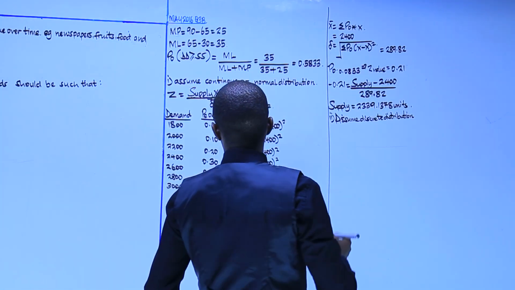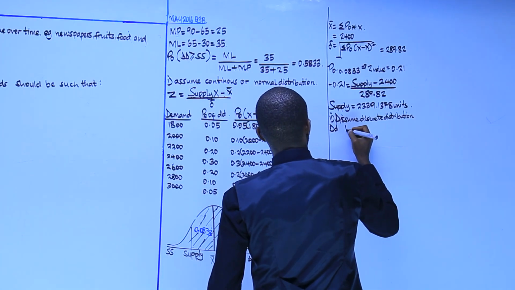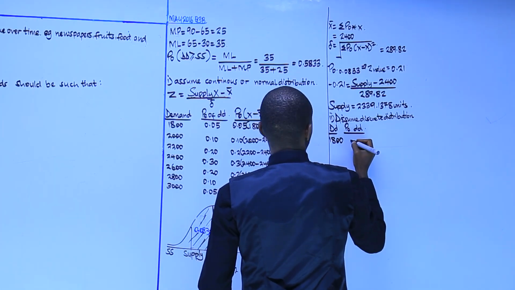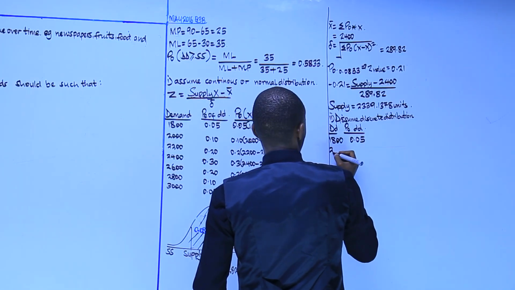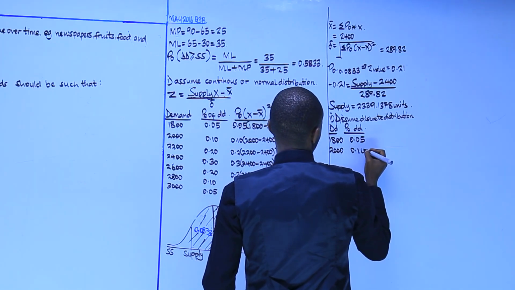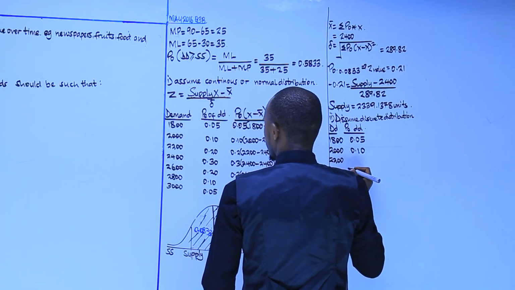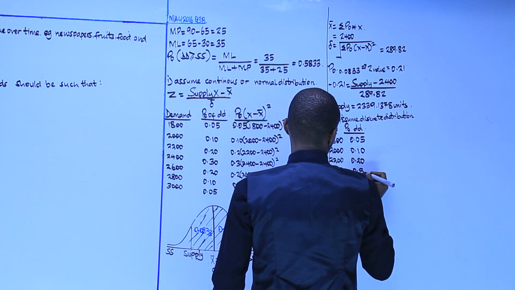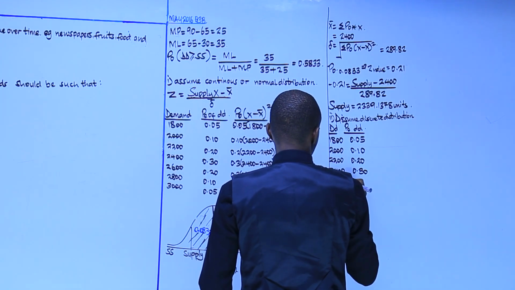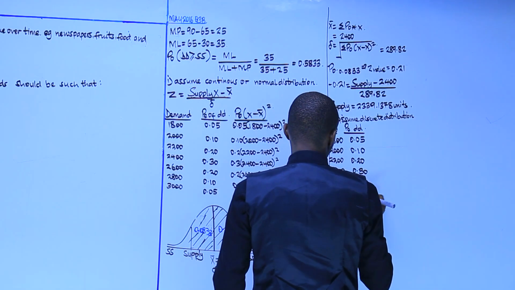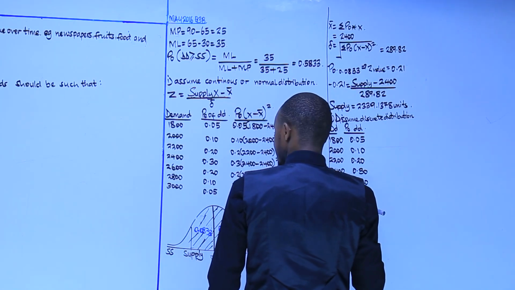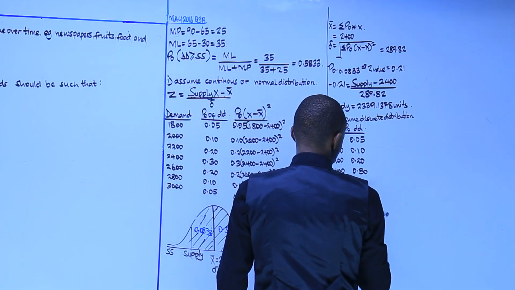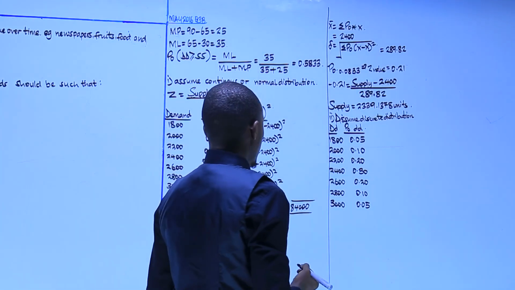Assume discrete distribution. We have our demand, our probability of demand: 1800, 2000, 2200, 2400, 2600, 2800, 3000. Okay. Then